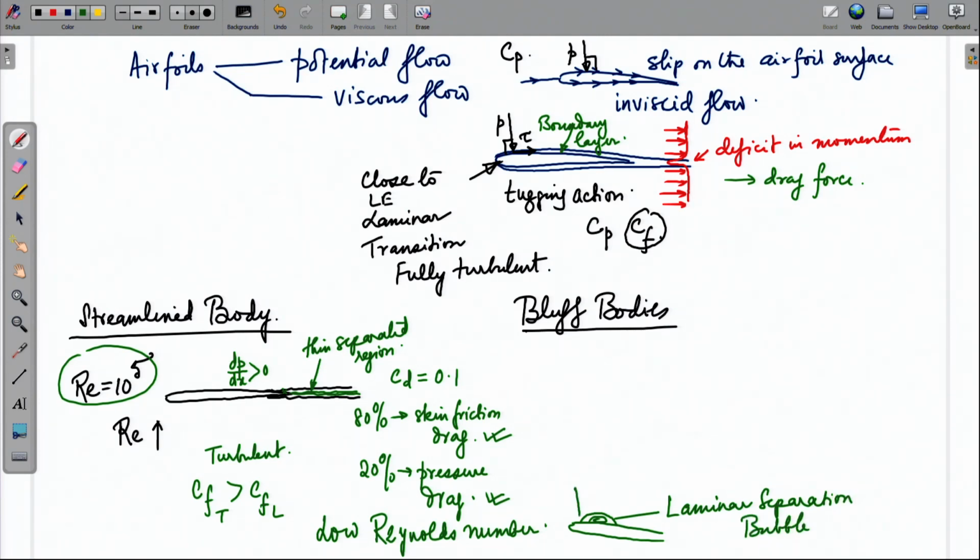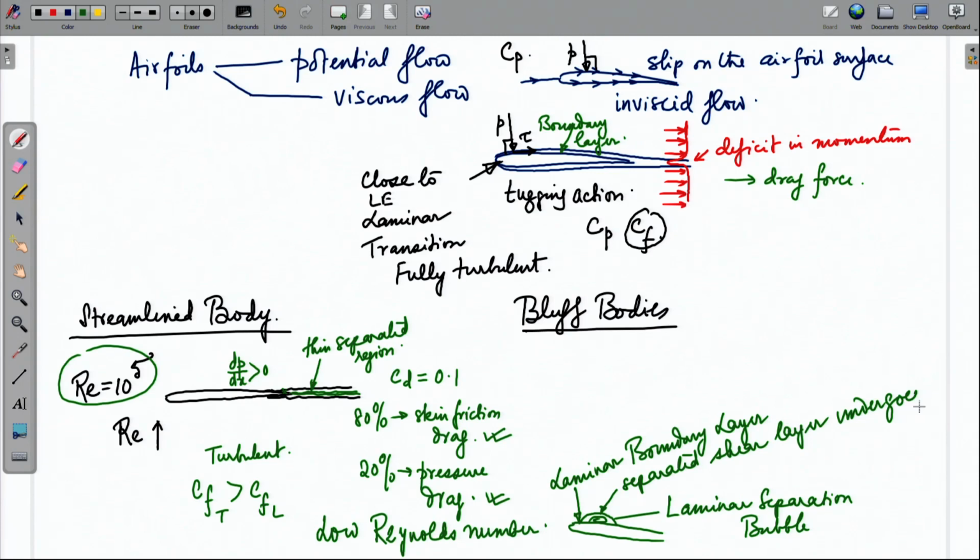So, there is separation of a laminar boundary layer first, and then after separation the separated shear layer undergoes transition under favorable conditions, becomes turbulent,